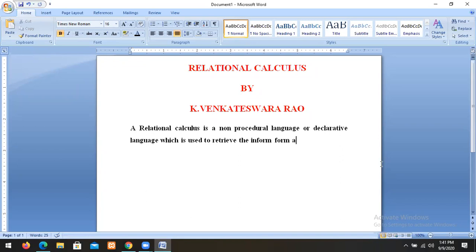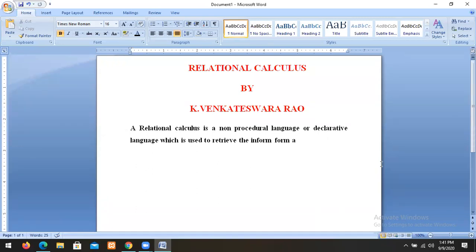While relational algebra or SQL, the structured query language, or relational calculus is a non-procedural language. In a non-procedural language we can specify what we require without specifying how to get.